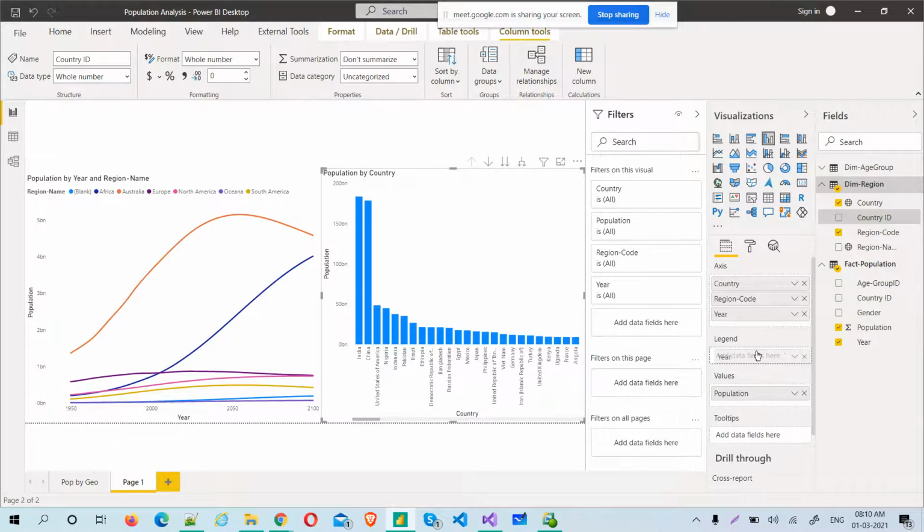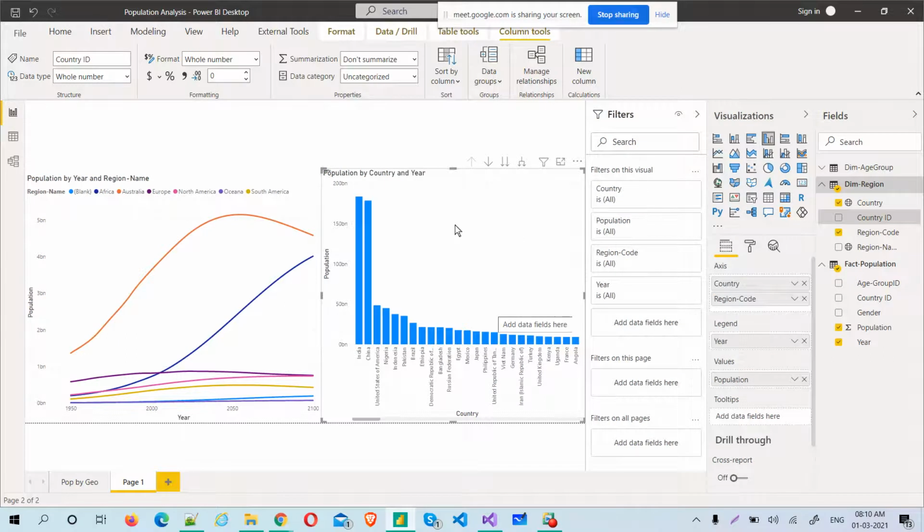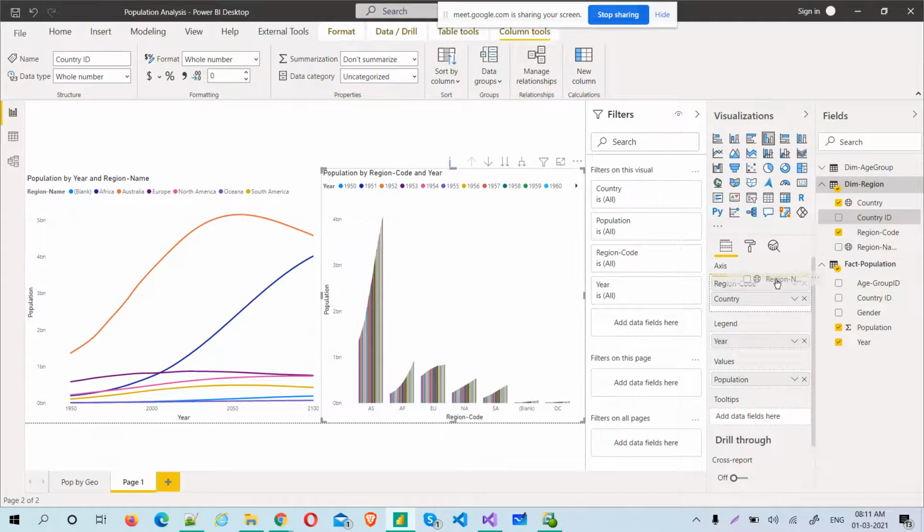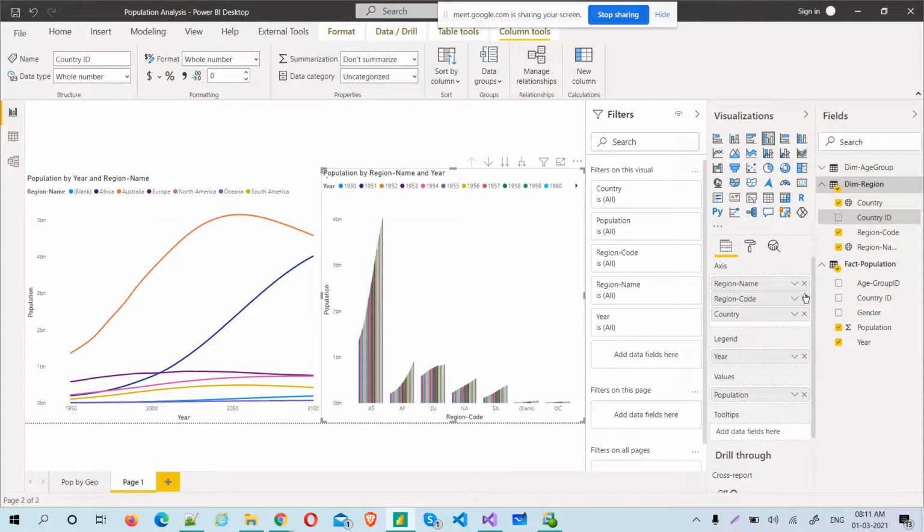Let me move this to this. Now you understand that. Let me go to region, not region code. Actually, I want region name. Region name. Let me remove this region code.